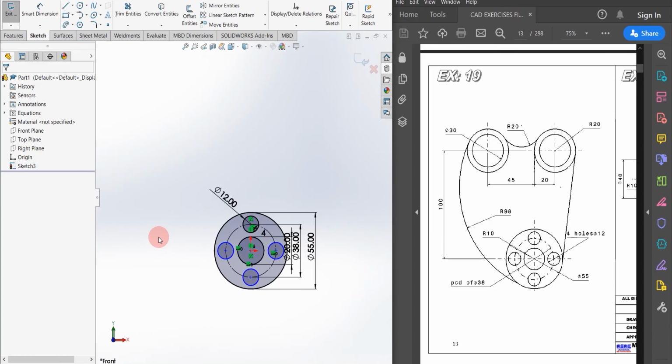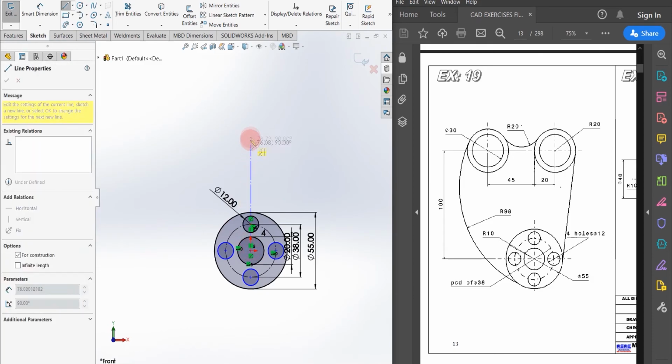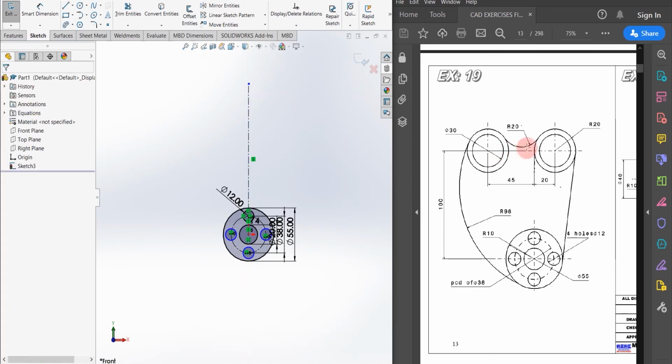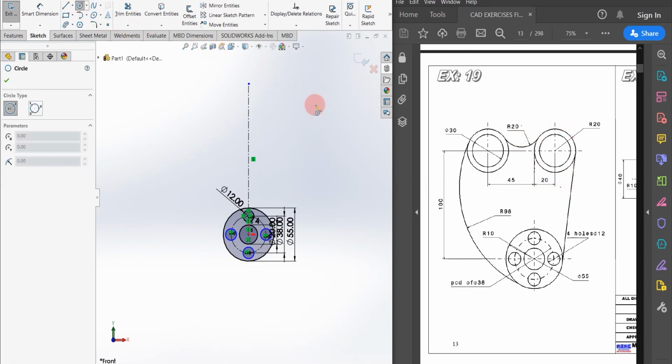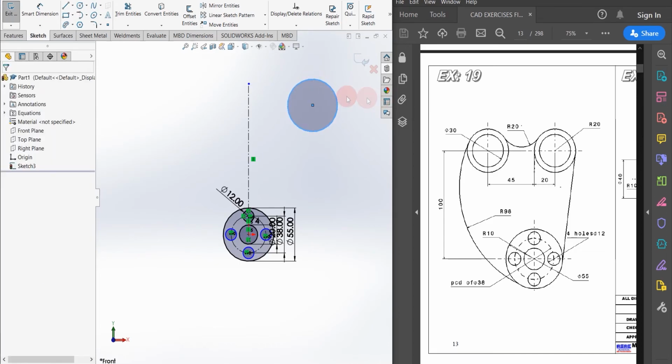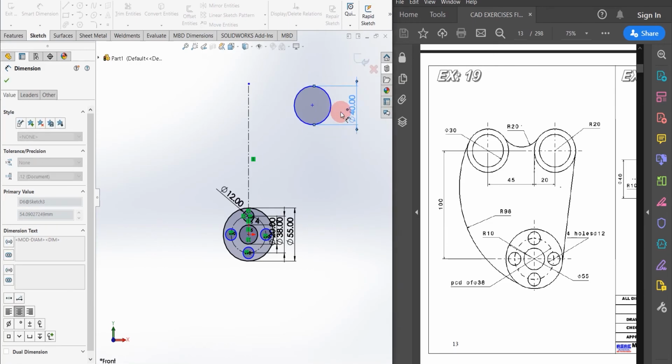Now I am going to construct a center line, which will be vertical. Then another circle on the top of the component which has radius 20 mm, so 40 mm diameter.